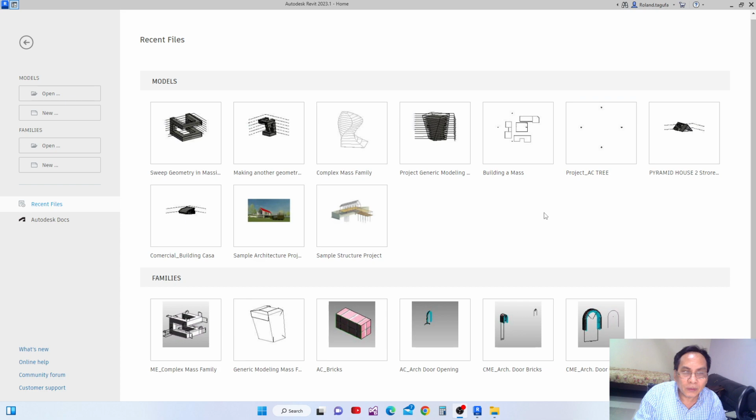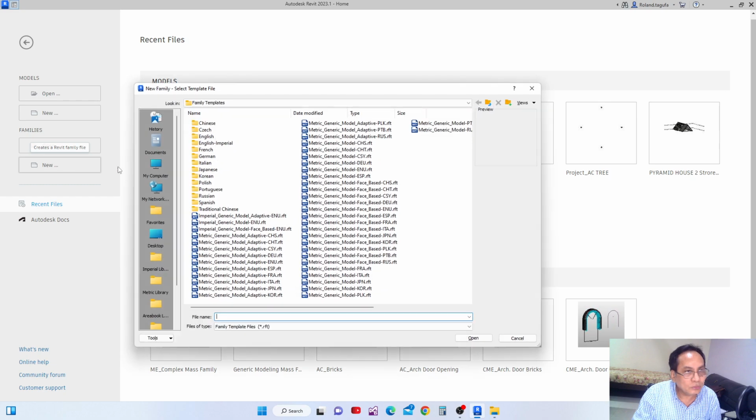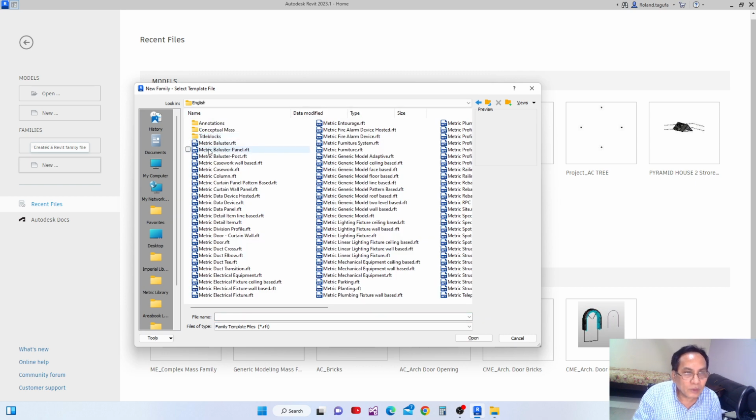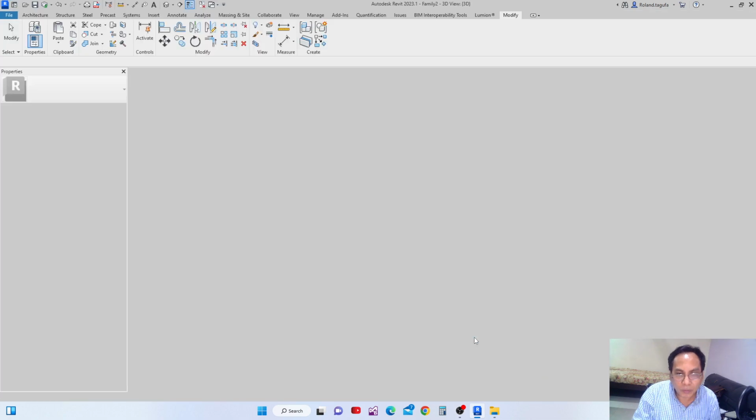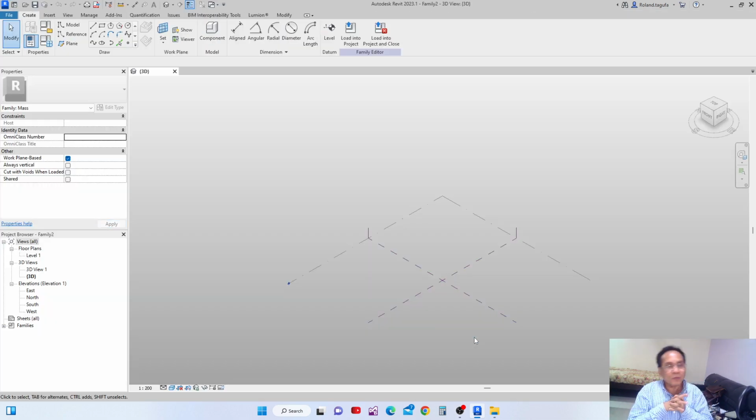I've opened Revit, and then I go to family, and from families I'll click new, and I'm going to select this English metric family templates, double click it and go to conceptual mass, and then double click it and then metric mass and open. Okay,